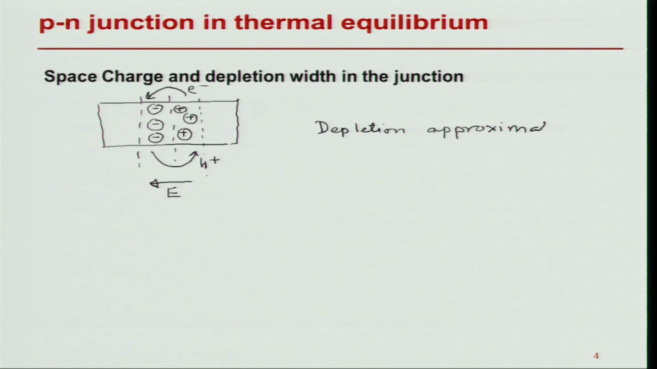And in this depletion approximation, I assume that there are no carriers in this depletion region. Let us say the depletion region extends up to x n 0 in the n type and x p 0 in the p type. In that case, the depletion approximation basically says that in the depletion region you have no free carriers, being electrons and holes,